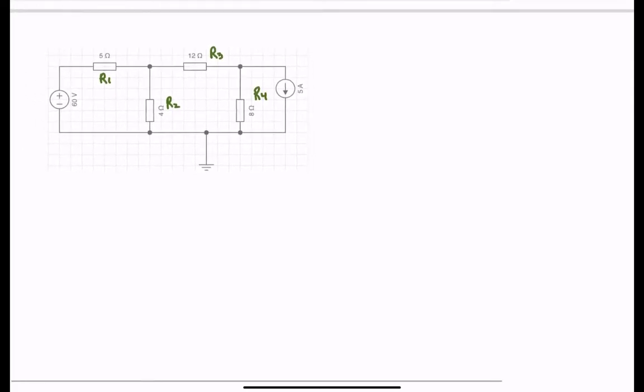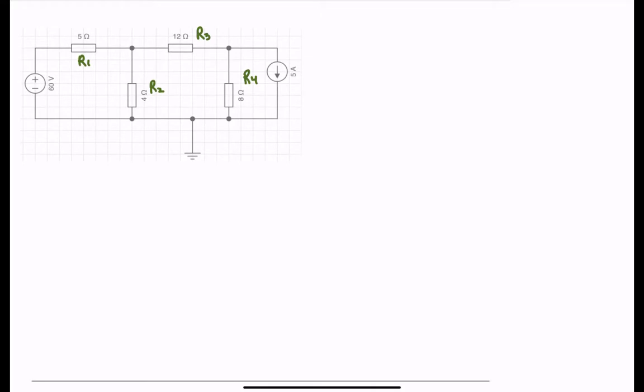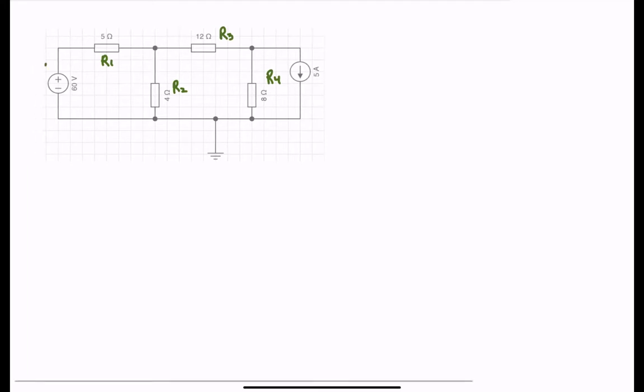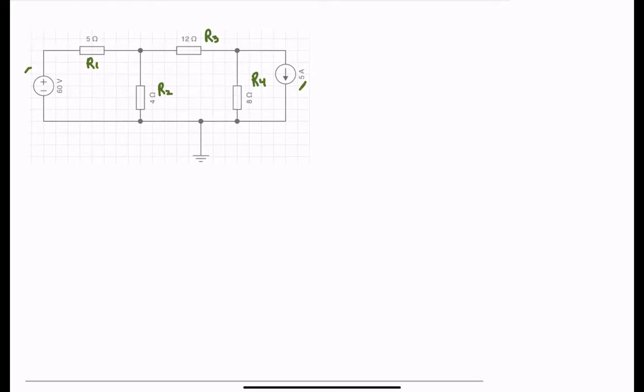I'm going to simplify this circuit. Remember, the first step was to get rid of one of the sources. I have two sources here, a voltage source and a current source. I'm going to get rid of the current source, so removing the current source,